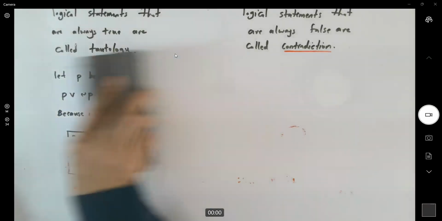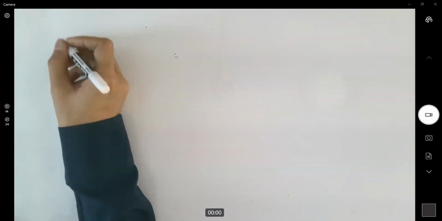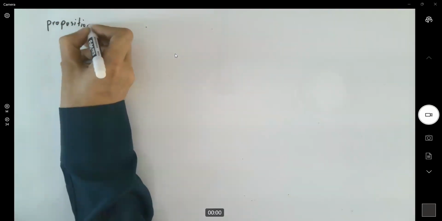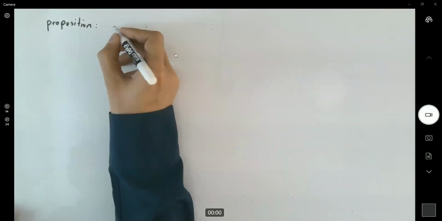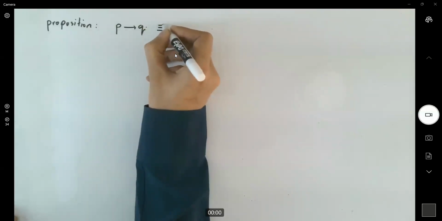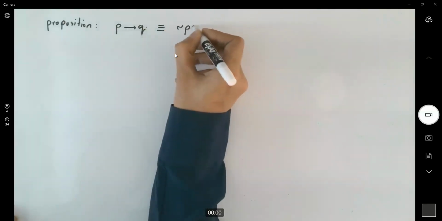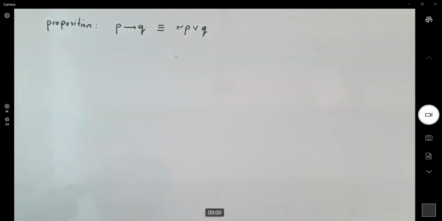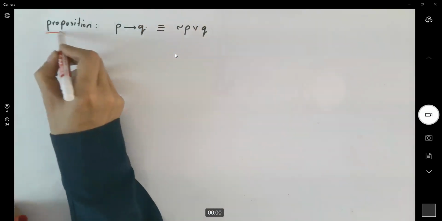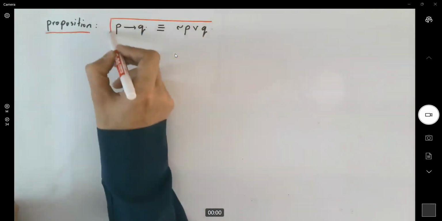More examples. I'm going to have a proposition. I'm going to propose the following statement. My proposition says P implies Q is equivalent to not P or Q. Memorize this. It's super important. We love this proposition. This proposition connects